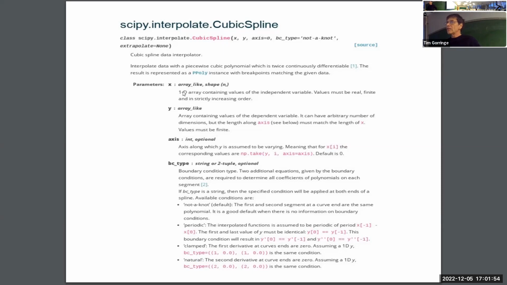And when we use this, we will pass a pair of arrays, one containing the independent variables and one containing the dependent variables. So X and Y as in the prior example. So we pass those, and it's going to return to us an object that is the cubic polynomial. The only other thing that's important to pass to this has to do with that additional